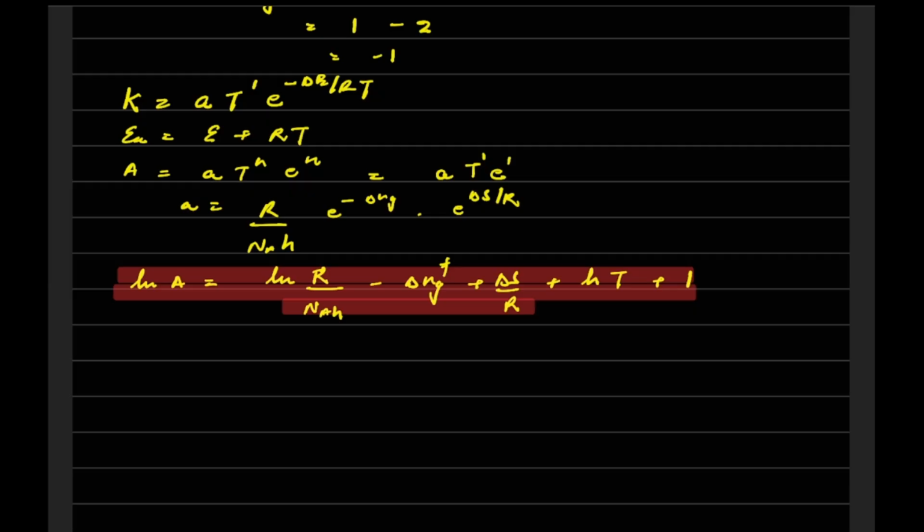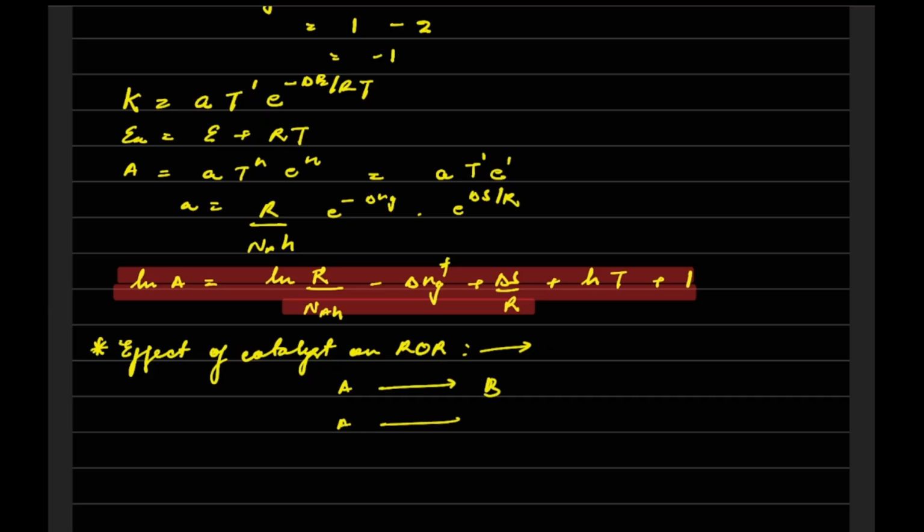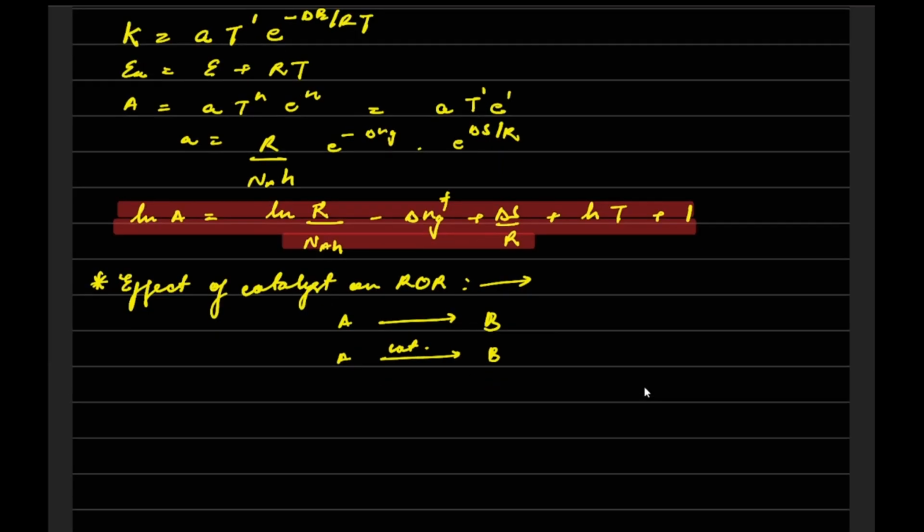Then we move further to the effect of catalyst on the rate of reaction. If we have a normal reaction A to B, and we have a reaction where A to B is done according to a catalyst, then in this,